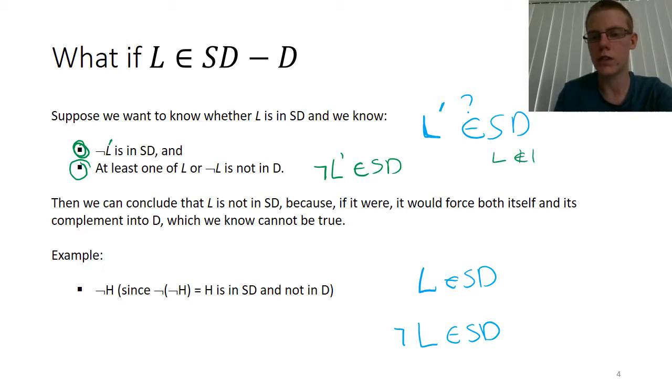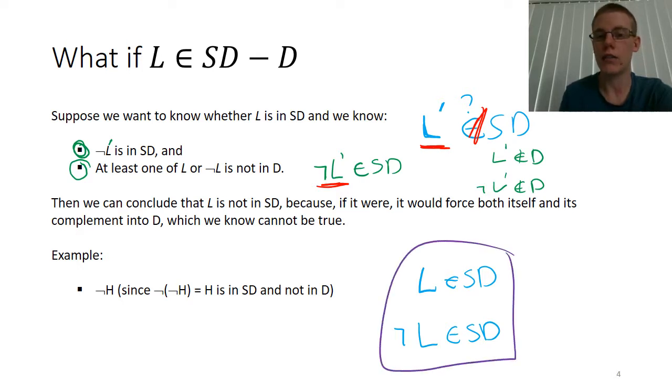either L is not decidable, or L complement is not decidable. Sorry, there should be dashes. As soon as we know those two things, we know that this first question is a no. Because if both L' and its complement were semi-decidable, then by our earlier reasoning, we would know that L is in the decidable languages, and because the decidable languages are closed under complement, we would also know that its complement is in the decidables. But the first assumption that we took was that at least one of them is not